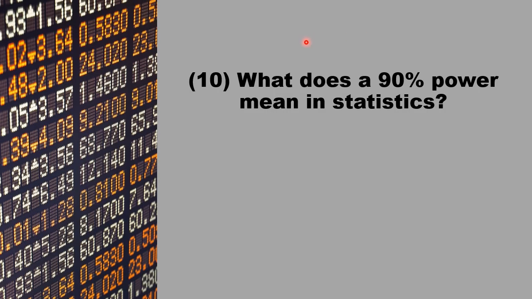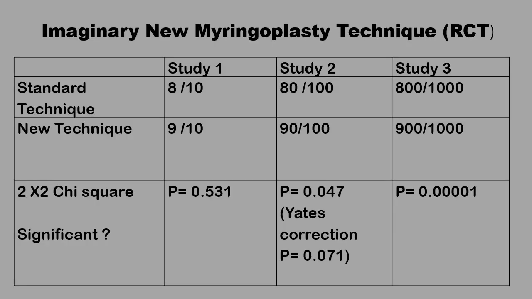Now, what does it mean that a certain test in a certain experiment has a 90% power or an 80% power in statistics? This imaginary example may help in understanding what is a study power. Say someone had claimed that he developed a new surgical technique, a new laryngoplasty technique that produced better results than the standard laryngoplasty technique. He said that his results with the new technique is about 90% compared to the usual 80%. In order to prove his point, he set up a randomized controlled trial, study number 1, in which he